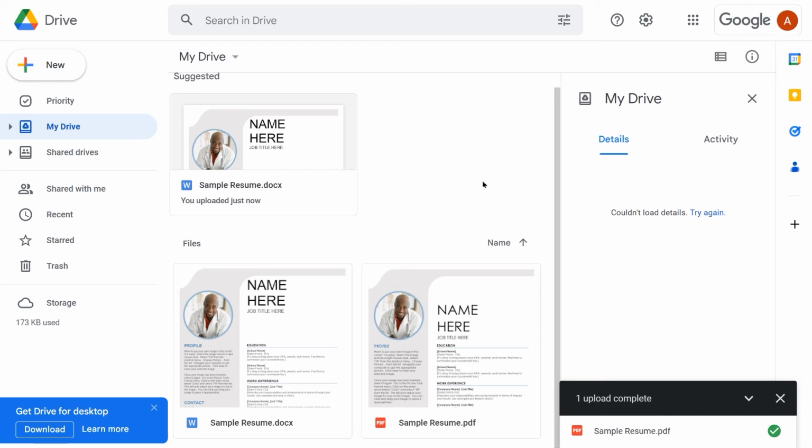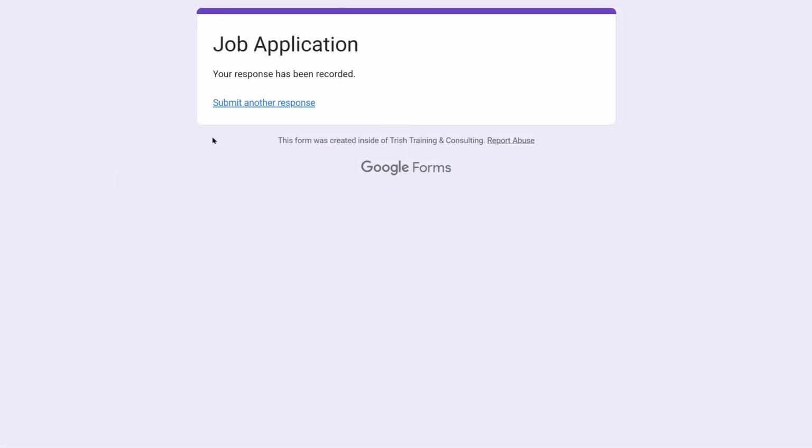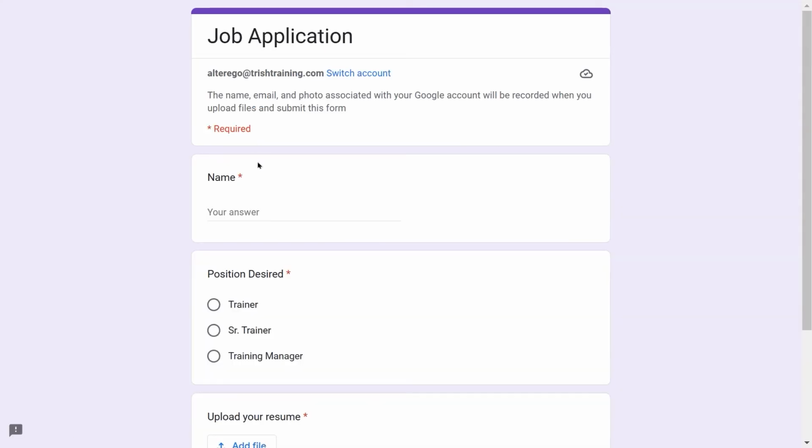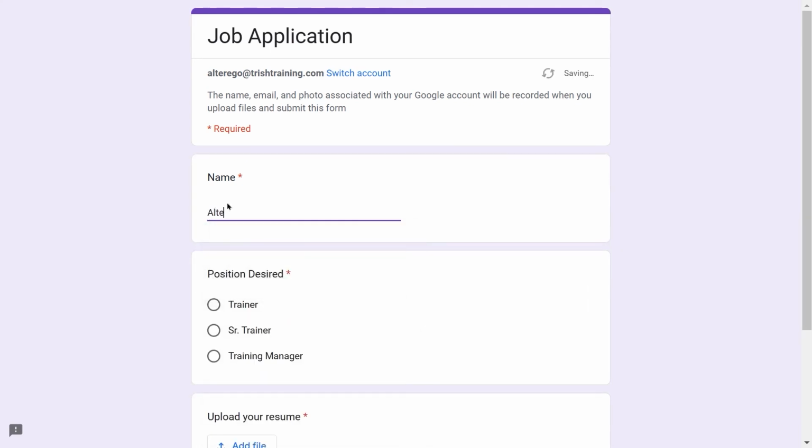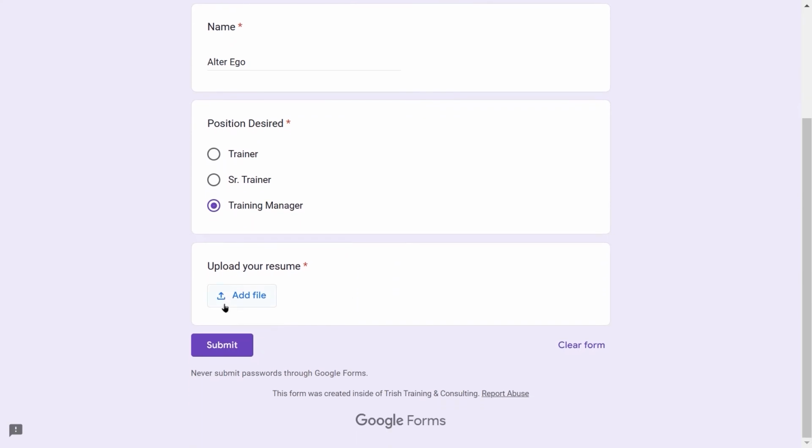And getting this set up like this is strictly for the purpose of being able to fill out the job application form and upload a PDF that resides in my Drive or your Drive. And now I'm back on the screen where Alter Ego can submit another response. And this time I'm going to use the same information. Alter Ego is my name. Just to be different for this one, I'll desire a training manager position. And this time when I go to add file,